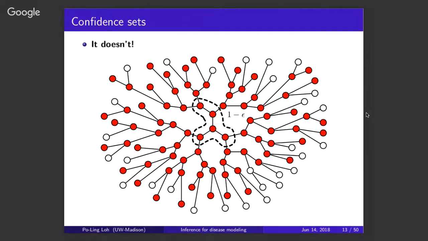First of all, this is not a universal statement. Obviously, it depends on the manner in which the disease is propagating. And the way I set it up, I said, well, we have some nice tree structure. We have some nice symmetry, like it's a very regular tree. And the next node to be infected is chosen uniformly at random amongst the boundary of all previously infected nodes. So subject to those spreading conditions, this conclusion is true.